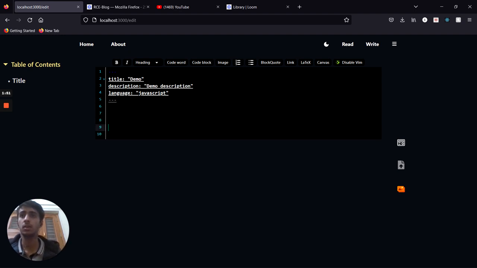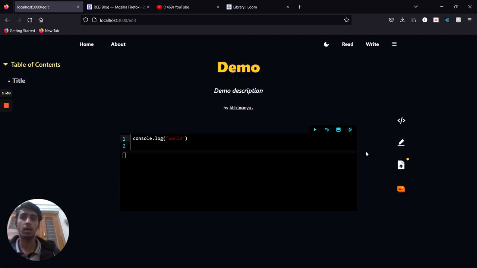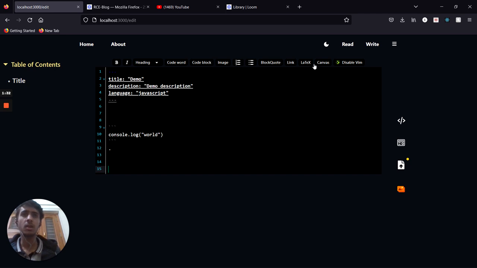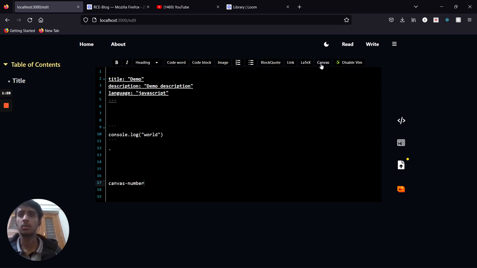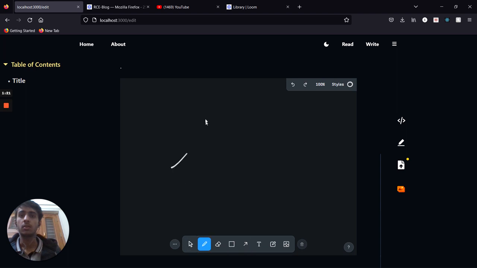So let's write one in JavaScript. If you want to render a code block, you can click on code block and just write your code in here. And if we click preview, you can see this markdown is rendered as a blog post. If you want to render a TLDraw component, you can click on canvas in the markdown helpers and replace this number string with an actual number, and you can